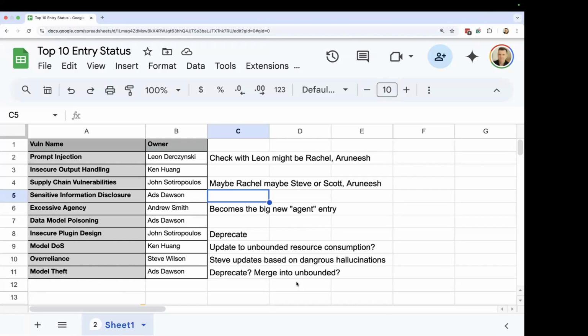But whoever ends up taking on prompt injection, please take a look at some of the proposed changes I made there, just to tweak the structure a little bit and help it to tie in with a couple of these in a slightly different way. And I'm happy to help throw in my own 2 cents for all the folks that are working on prompt injection to help it tie in nicely with the rest of these.